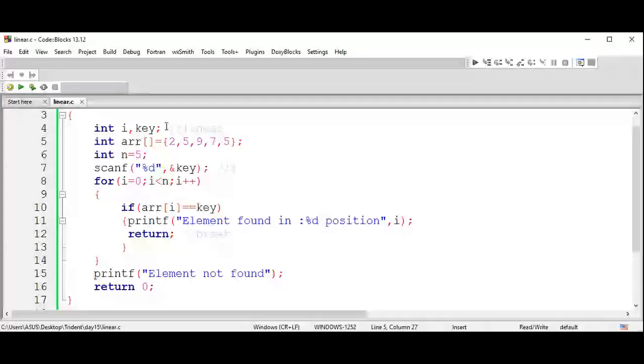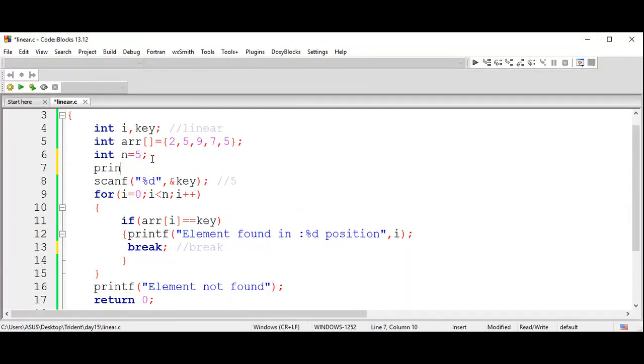Let me share this program again. In this place, instead of this return, if I place break, I'll show you what happens. Let me tell you what happens.